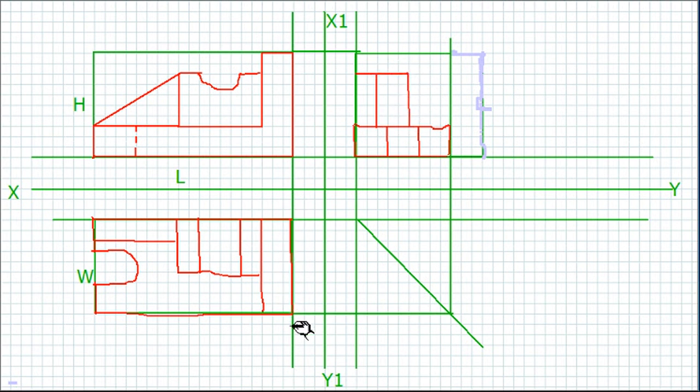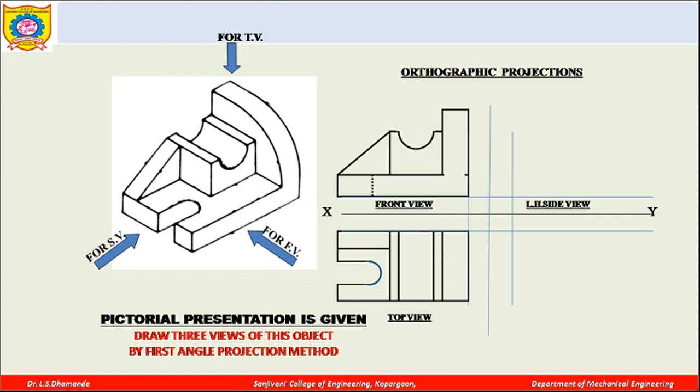And now for this portion, so it will be drawn arc. So arc will be drawn like this way. So this is what your side view will be completed, and finally the side view will look like this. Now here you will find out that there is a dashed line which we have not drawn. So when you are looking from this side, actually there is a circular, half circular hole over there which is not visible from this side.